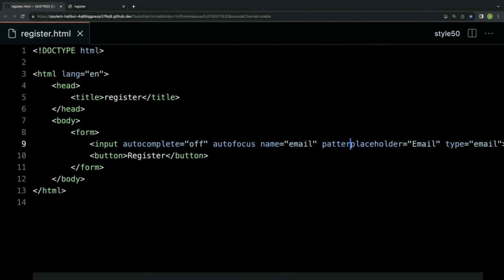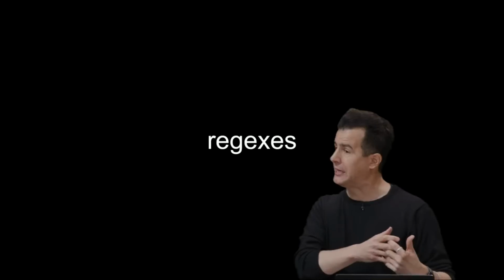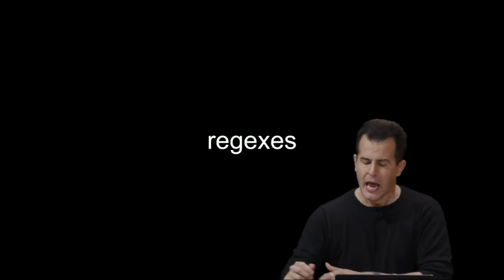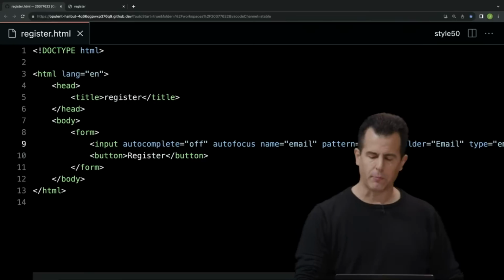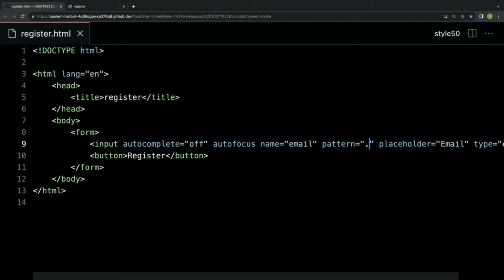I can add a pattern attribute, and inside of its value, I can put one of these things called a regular expression, or a regex. That is an actual pattern that the browser should match the user's input against and make sure it indeed matches. And this is going to look a little cryptic, but I'm going to go ahead and do this: .+@.+\.edu. Now, this looks a little weird, but it turns out I'm using certain building blocks that we'll just scratch